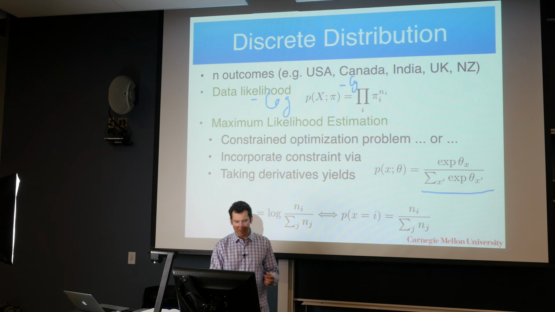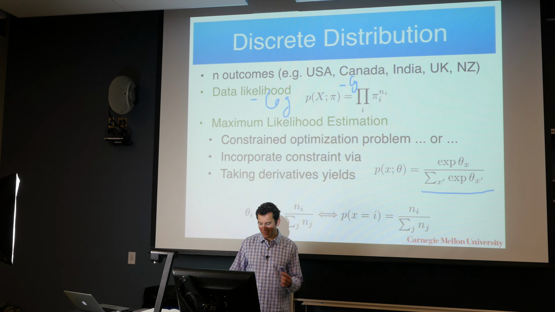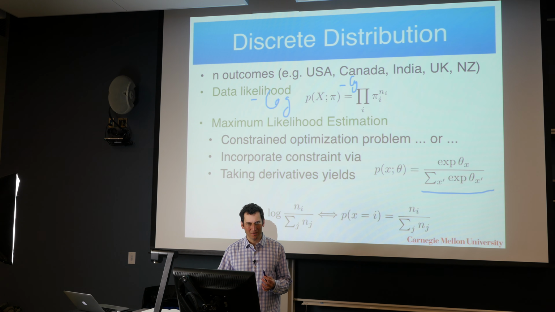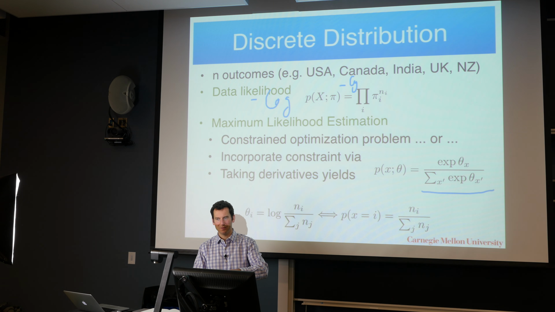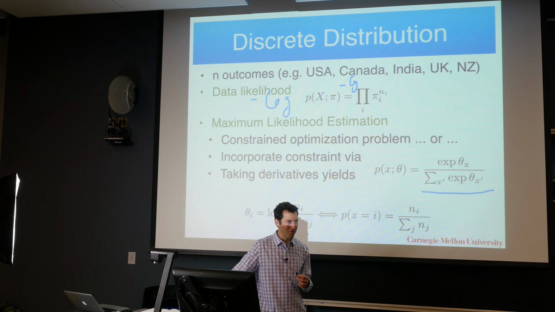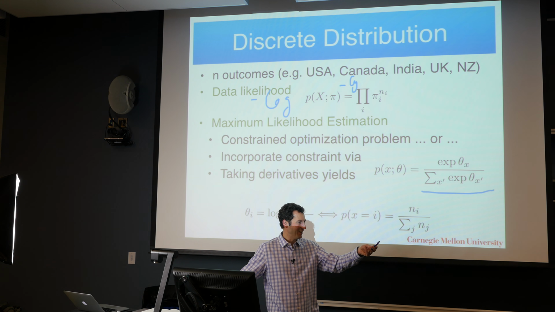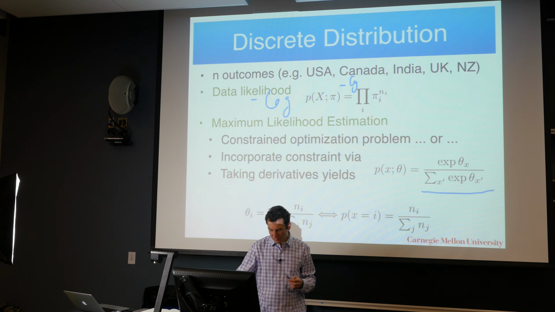And then, again, you take the negative log, you take the derivative, you set it to 0. And you will find that theta i is the log of ni over the sum over the nj's. So, in other words, we get the thing that we would have done anyway, namely counts divided by total counts. So this must be the most complicated way you ever derived just taking fractions. Okay. Just to compare with the previous example, in this example, did we take the product of theta and x? Correct. Theta plus x. Yes.